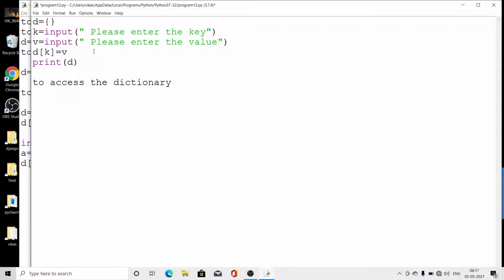one more thing, a dictionary is an unsorted collection of keys and their values. That means whatever keys and values you are storing do not have a proper order. It will not store them in a fixed order, first this key, then value. It can be in any order. Okay, so look here,